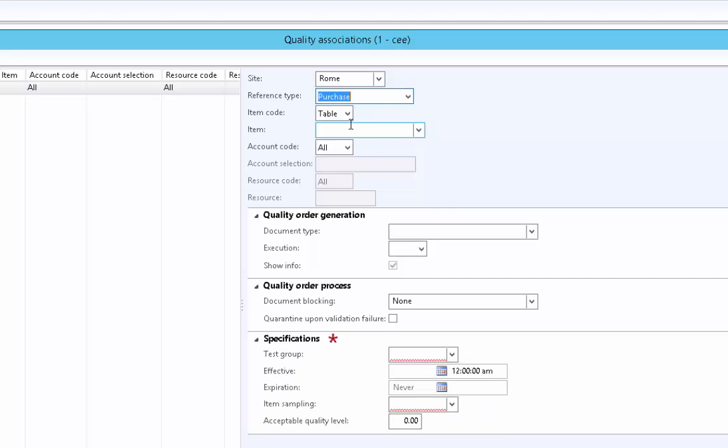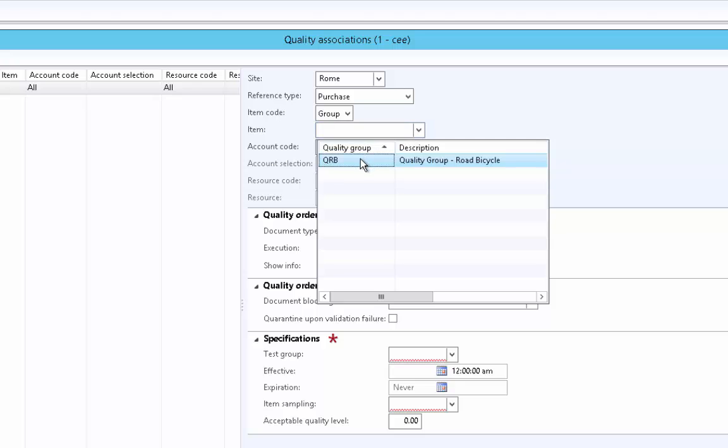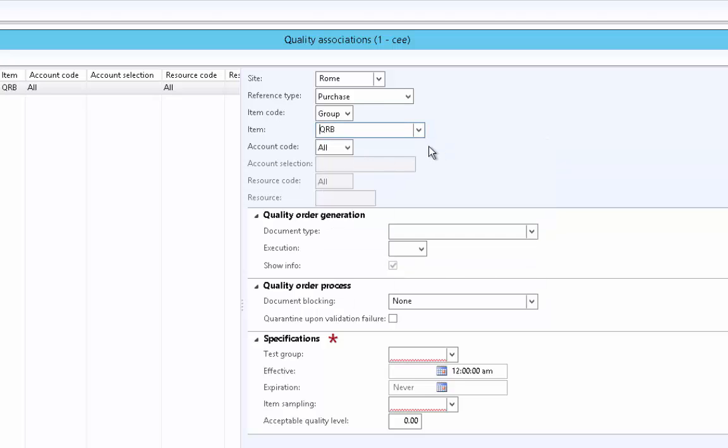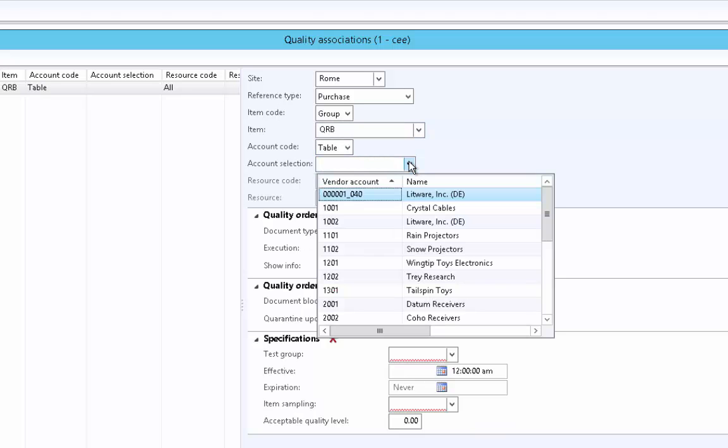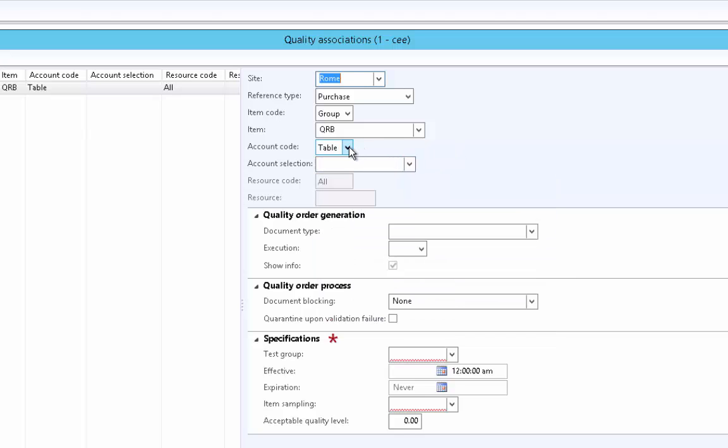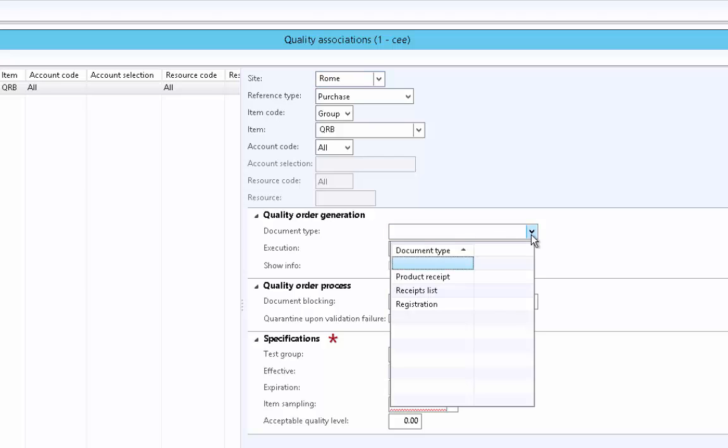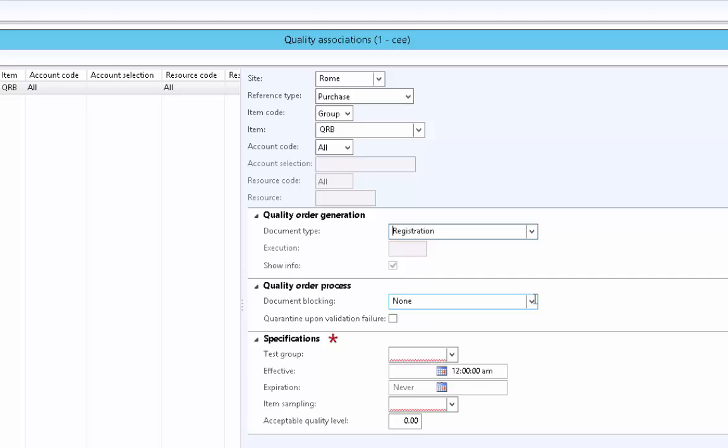Once we select purchase, here we can define the items or a group of items. So here we will use the quality group which we just created. So we want to set it up for all road bicycles, and here we can set it up for a particular vendor or for all vendors. For now we will set it up for all vendors, and here we can select on which specific business event from a purchase we want to trigger the quality order. So here we are saying as soon as we register the inventory, we want to trigger the quality order, and